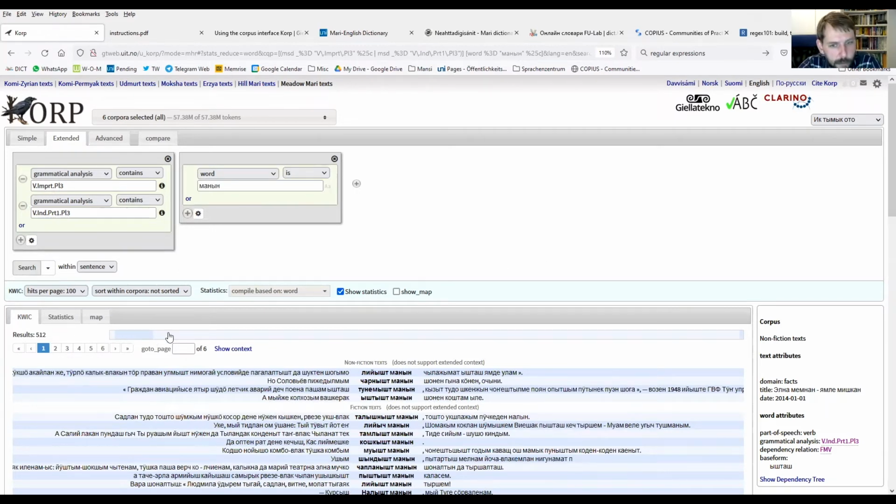we have now 512 results here. And looking at these, we can immediately see something. If I was studying both of these structures, in the case of ishtash, a second conjugation verb to do, the forms were converging, and we had this ambiguity that we couldn't disambiguate. We can see that for the verb liash, a first conjugation verb, to be,